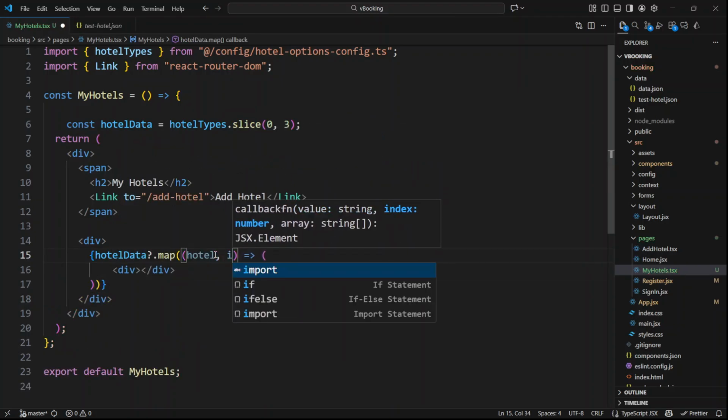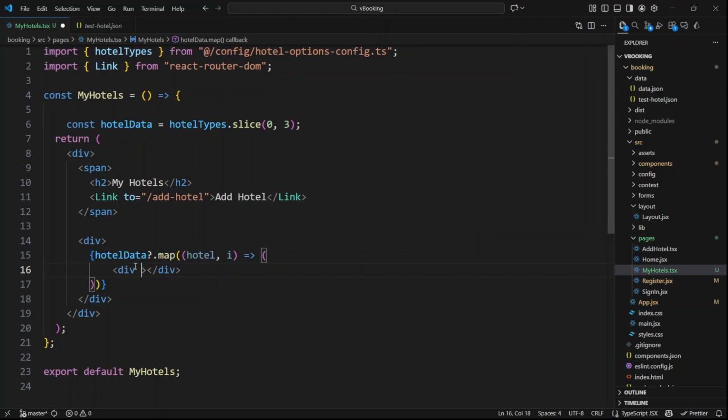Let's also have index of the array and assign it as a key to this div. In React, when you render a list with map method, each child element needs a unique key prop. The key helps React identify which items have changed, been added or removed between renders. Without a key, React can't reliably track items, and you'll see warnings like each child in a list should have